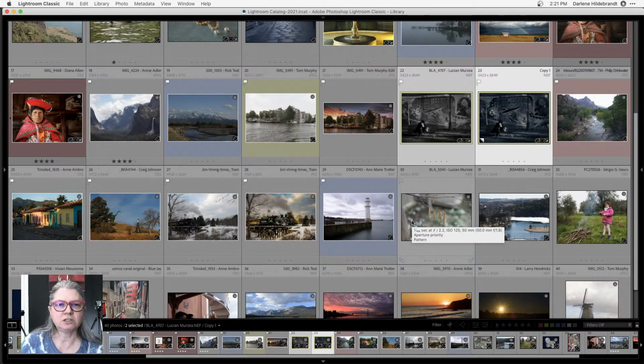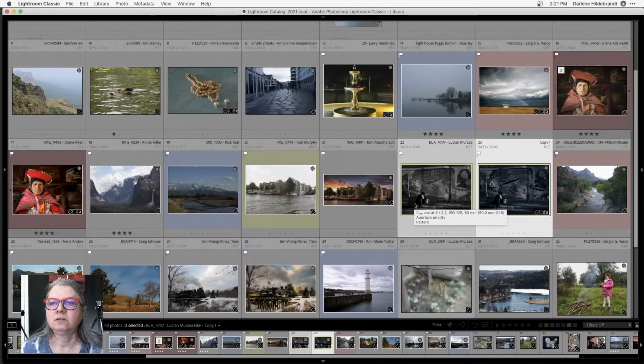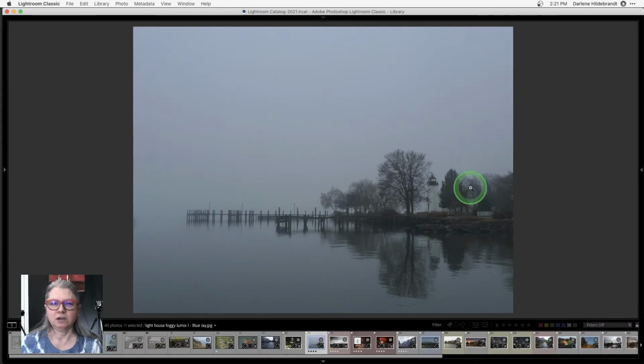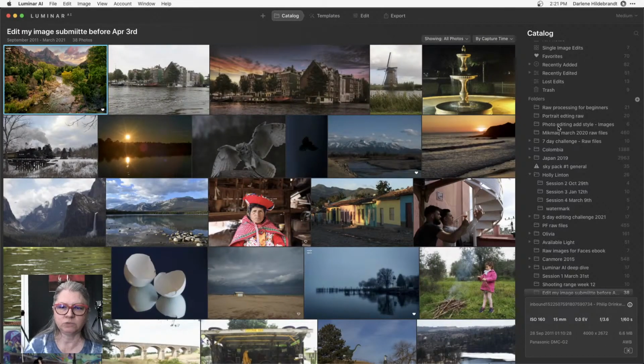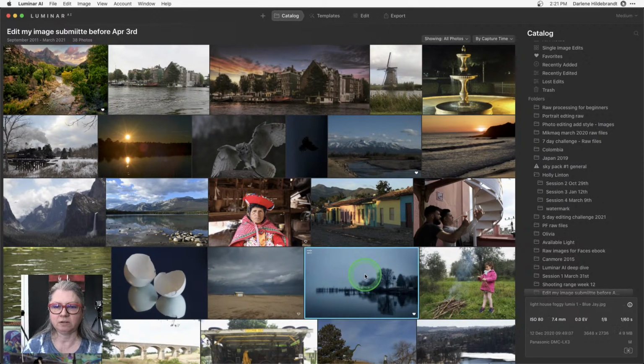I'm going to go back to Luminar, I think, because I do have Blue Jay's image. Where's your image, Blue Jay? This one. Okay. This one is a really cool image as well. So I'm going to take this into Luminar. I played with it a little bit in Lightroom, and there's really not a lot I can do with it in Lightroom, but I think I could do some really funky stuff in Luminar, which I already have applied.